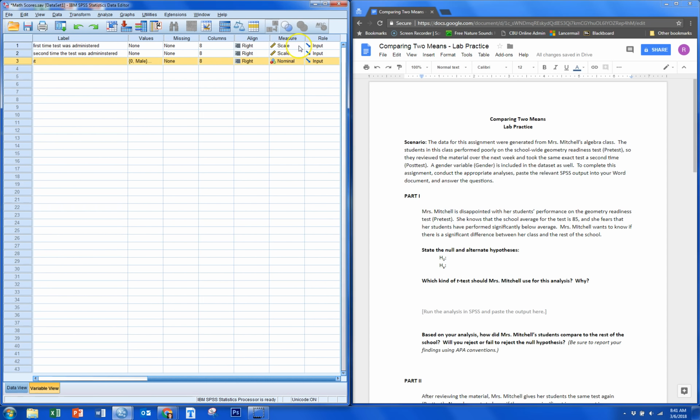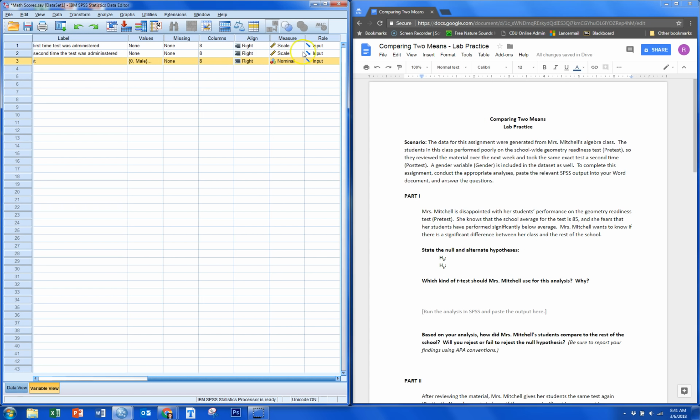So the type of measure, these are scale. That means that there's an order, right? Someone who scores a 50 has a higher score than someone that scores a 40. And it tells us that the intervals between values are equal. So the difference between 40 and 50 is the same as the difference between